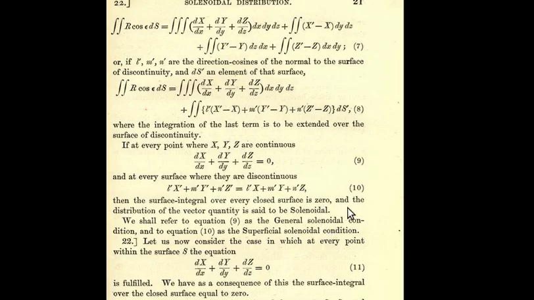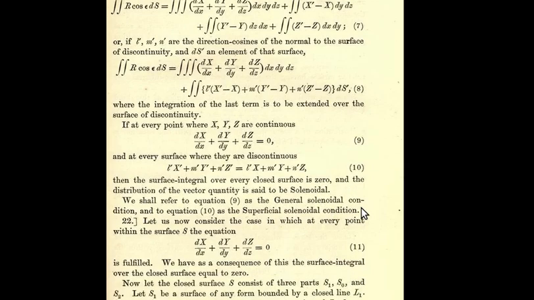If at every point where X, Y, Z are continuous, dX/dx + dY/dy + dZ/dz = 0 (Equation 9), and at every surface where they are discontinuous, L'X' + M'Y' + N'Z' = L'X + M'Y + N'Z (Equation 10), then the surface integral over every closed surface is 0, and the distribution of the vector quantity is